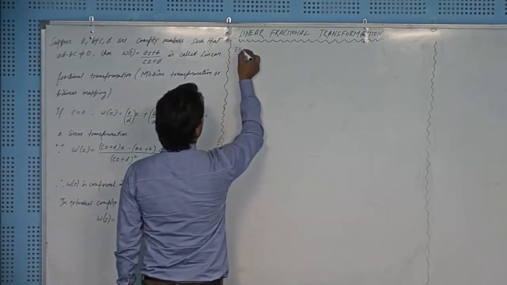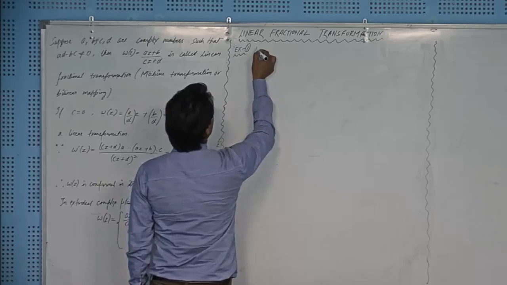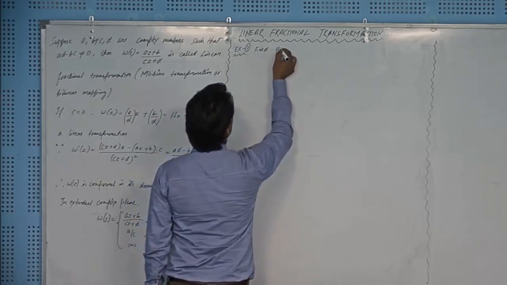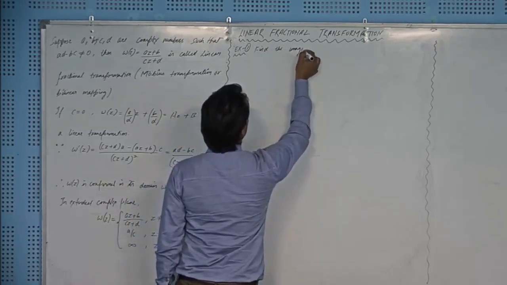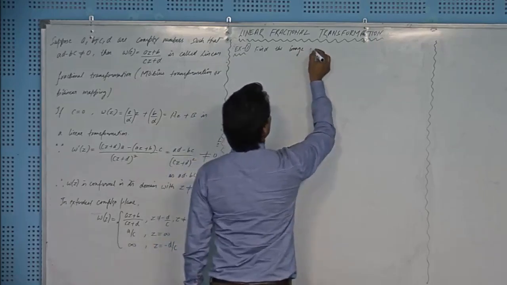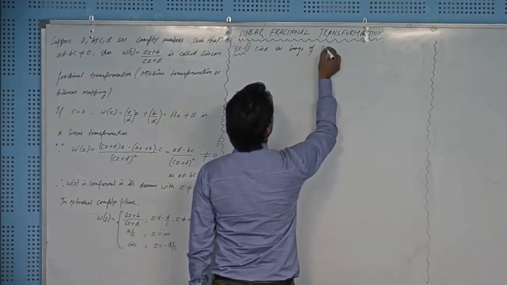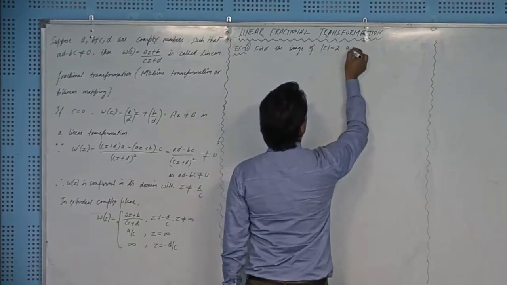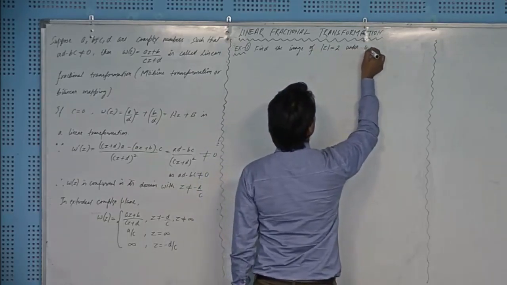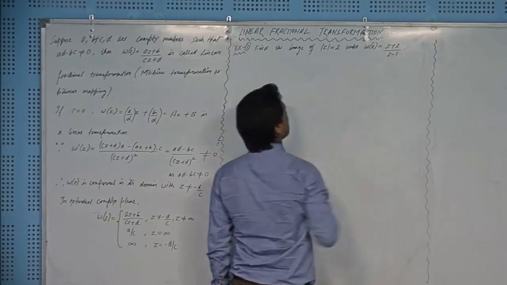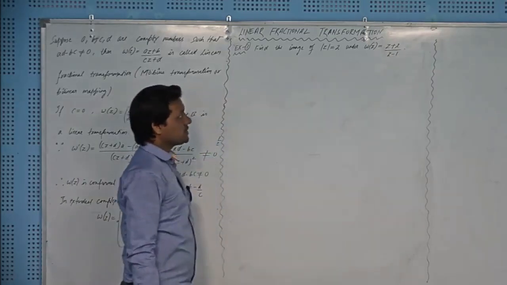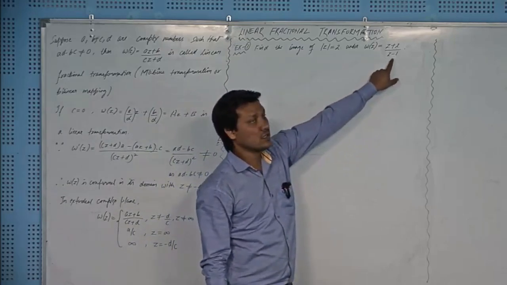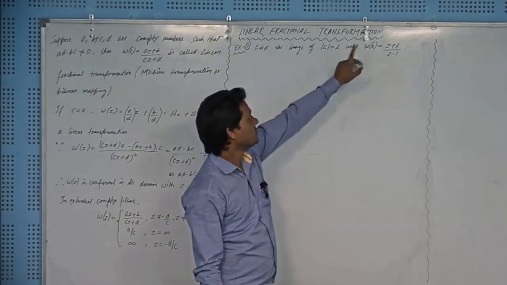Example number 1: find the image of mod z equal to 2 under the linear fractional transformation defined as w(z) equal to (z plus 2) over (z minus 1). So you can see that this is a linear fractional transformation, and you should check